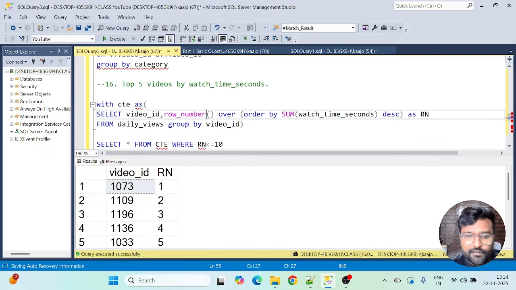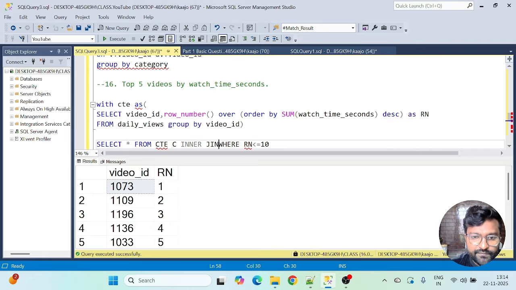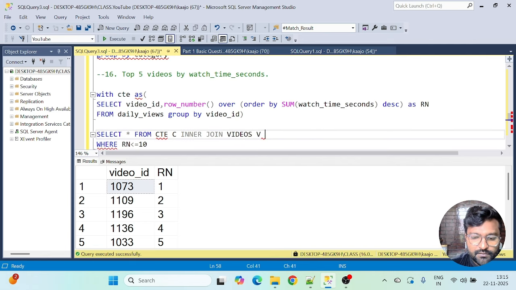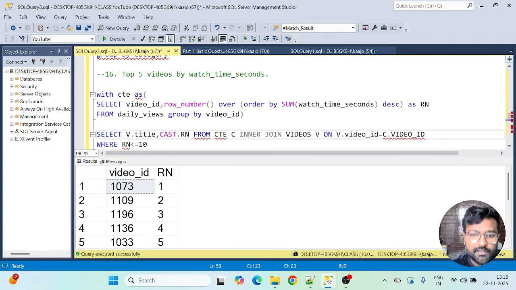If we want, we can also include the watch time seconds here. It's up to us. But these are the top 10 videos. And if I want to see the video title, I can simply join the CTE with videos v on v.video_id equals c.video_id, and get the title from this table, v.title, comma c.rn.